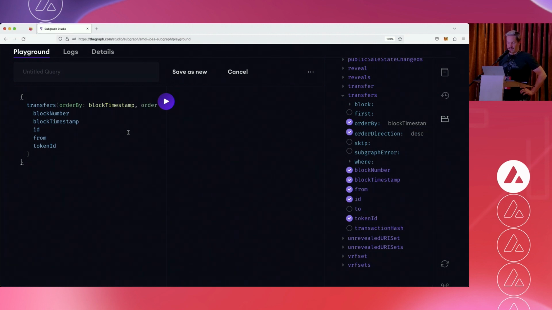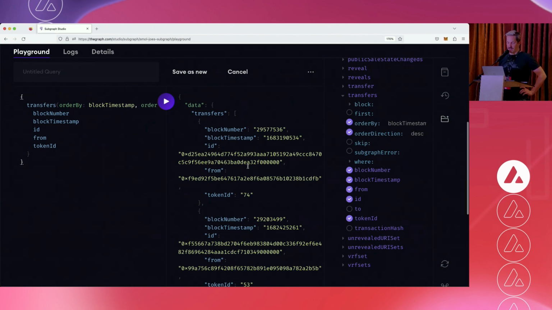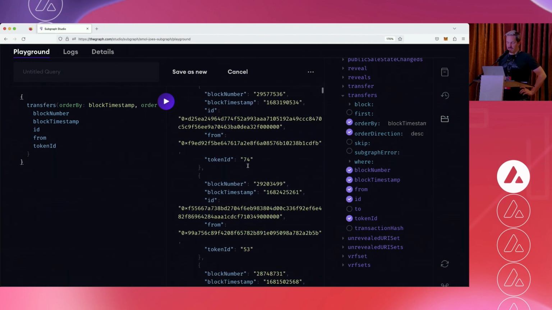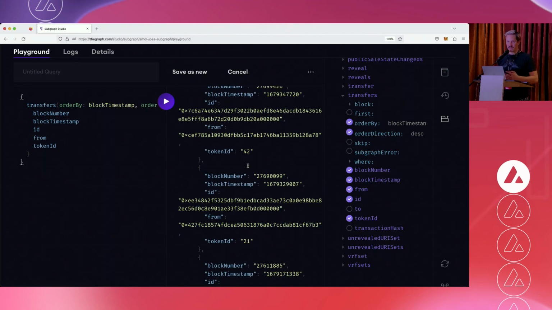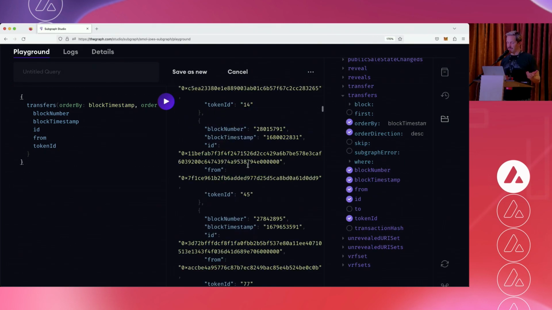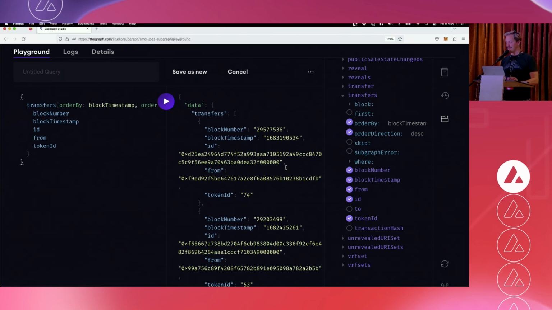descending. And you see, we can just click everything together, and on the left side, the code is automatically generated. Then I can send this query, and I see all the recent transactions, how this NFT moved around on chain. Boom! Took me 5 minutes,